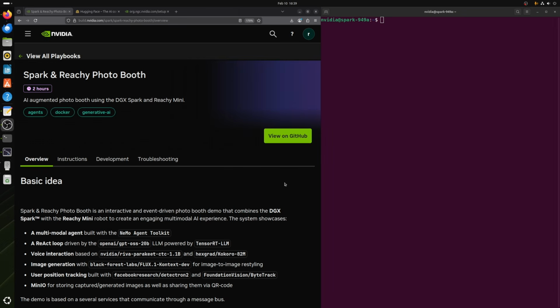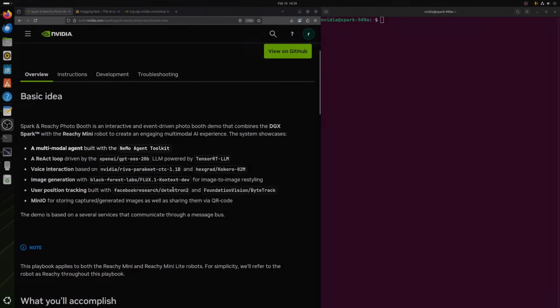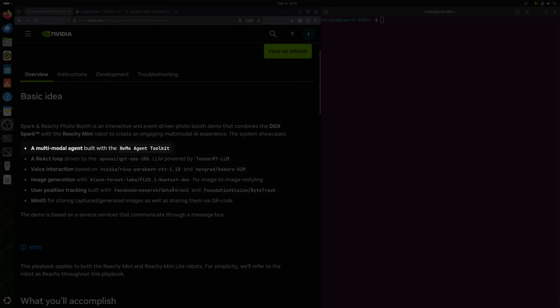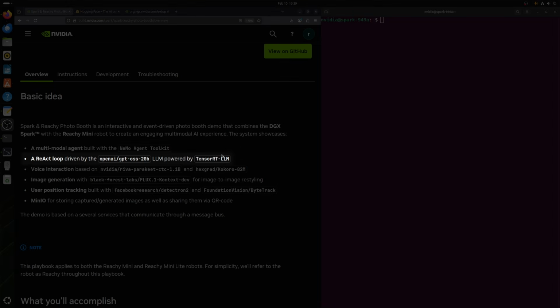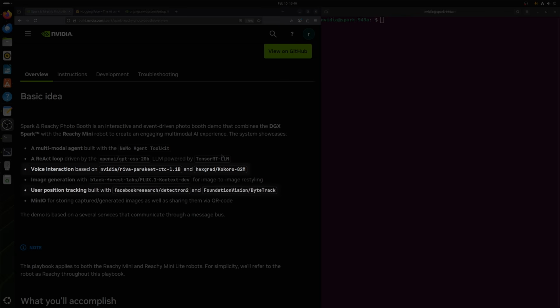The playbook is running multiple AI models. They are orchestrated by an agent built with the NeMo Agent Toolkit framework from NVIDIA and by an interaction manager service which handles the communication between the various services and the state machine of the robot. In particular, we use GPT-OSS 20 billion for the LLM, we use NVIDIA Riva for speech-to-text, Kokoro for text-to-speech, Detectron 2 and ByteTrack to track the users, and finally we use Flux1 Context Depth to generate the images starting from